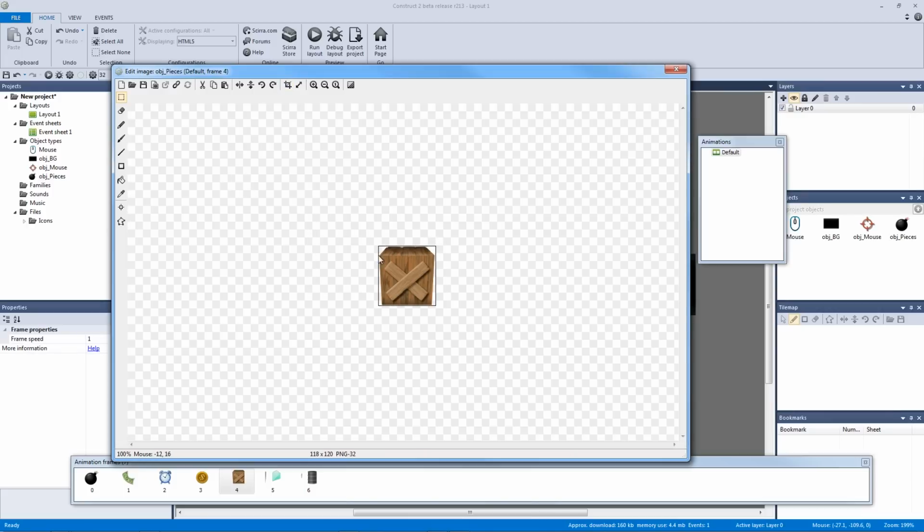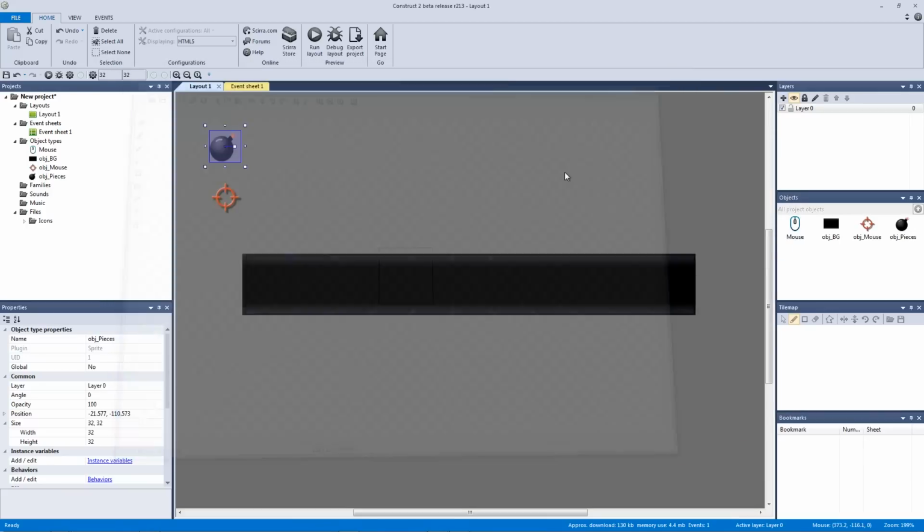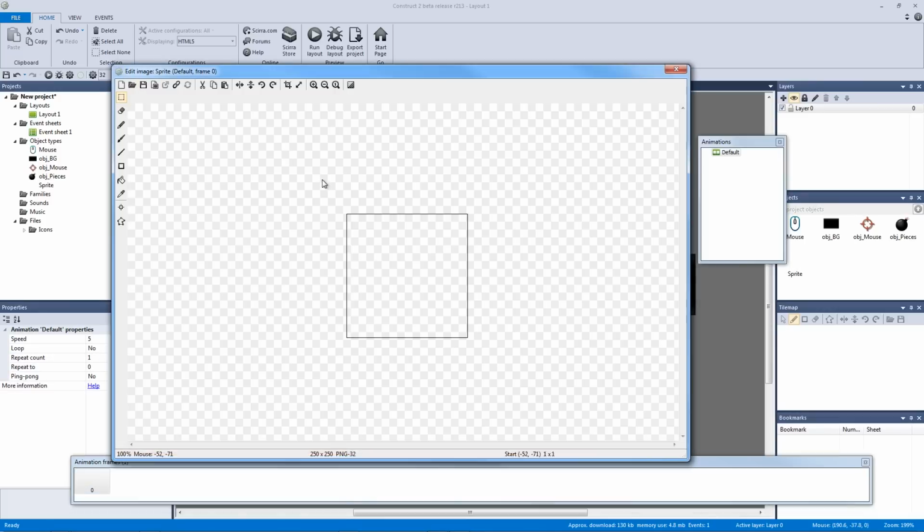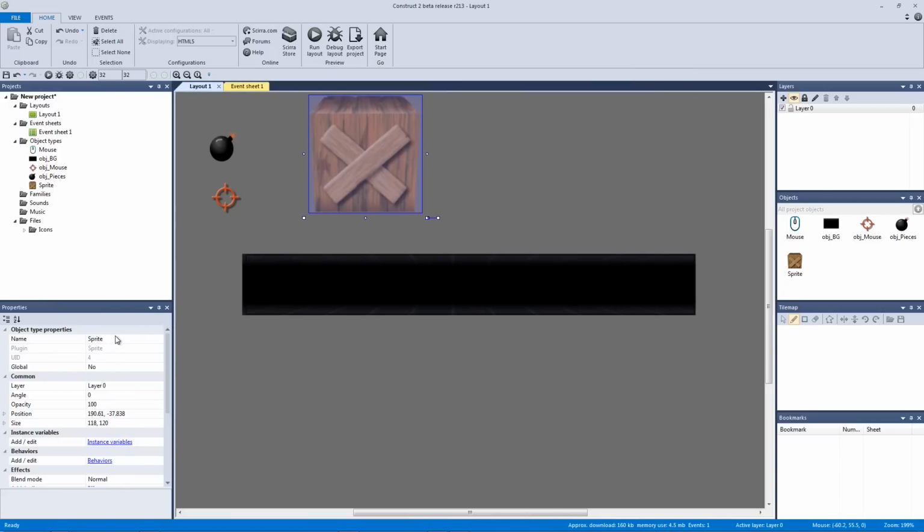There we go. So what I want to do is I want this box, and you know what? I actually might want this separately. So let me cut this out altogether. Now that I think about it, I might want this as a separate sprite. So let's make a new sprite for it. And let's just hit paste, and then we can click out and hit crop a few times. There we go. So let's exit out and let's call this object